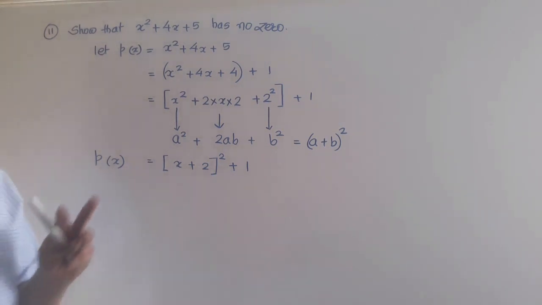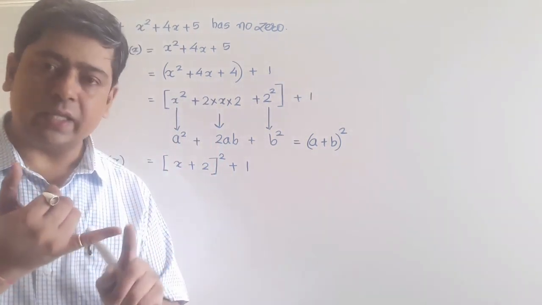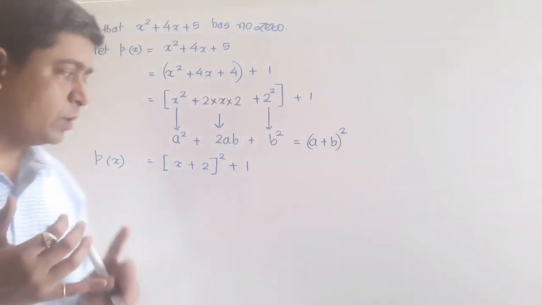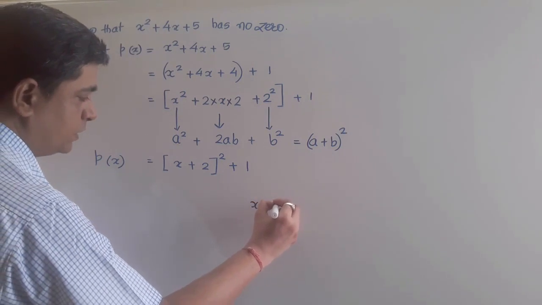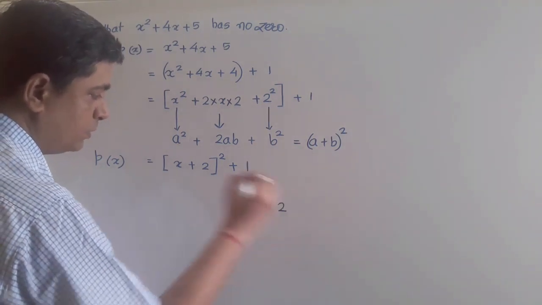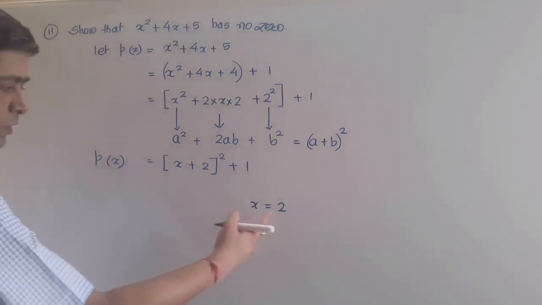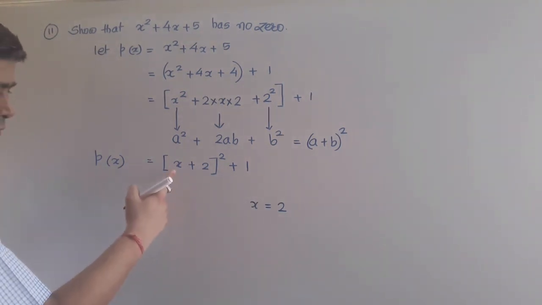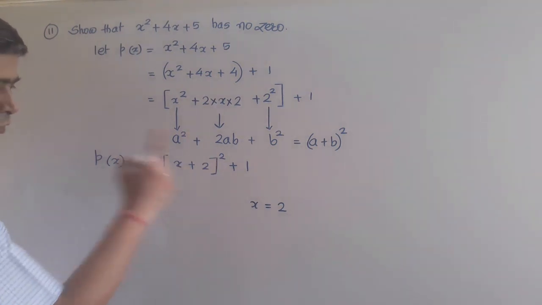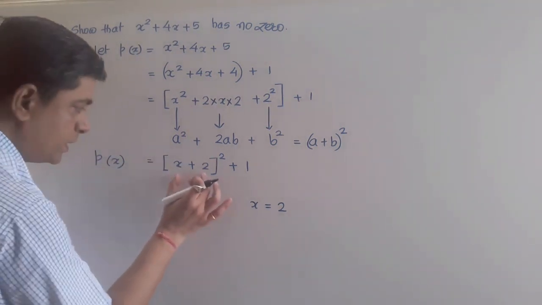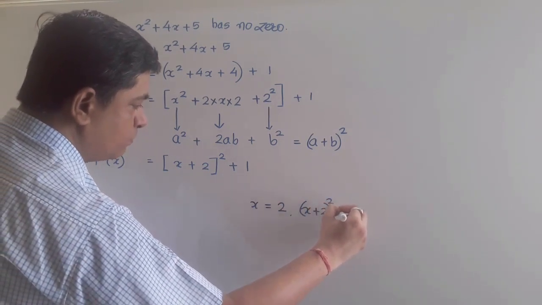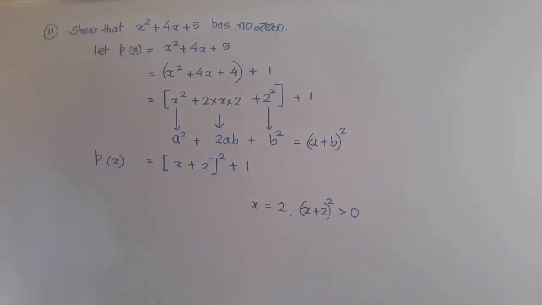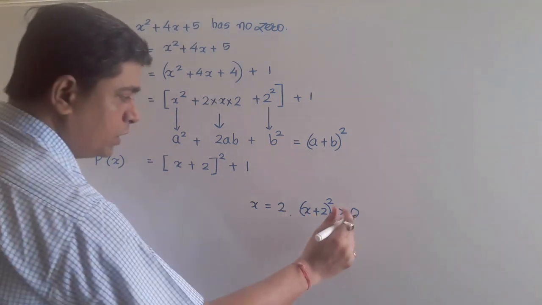So you will have basically three options. In real numbers you will put either negative, or positive, or 0. So I am showing you in rough. For example, suppose you take the value of x equal to any positive value, for example 2. So x equal to, I am taking a real number which is positive, so 2 plus 2, that is 4. Square of 4 will be equal to 16. This means that x plus 2 whole power 2 will be positive. It is more than 0, means it is not equal to 0. That I mean to say.